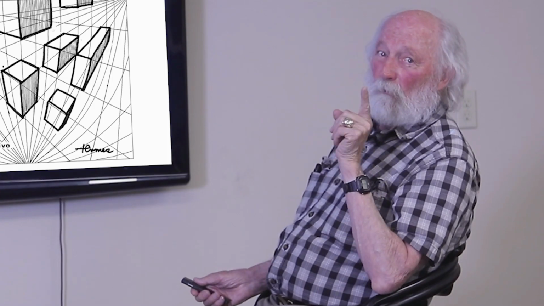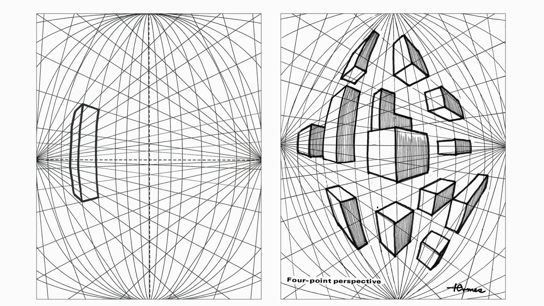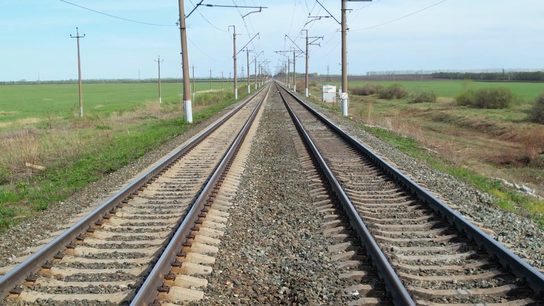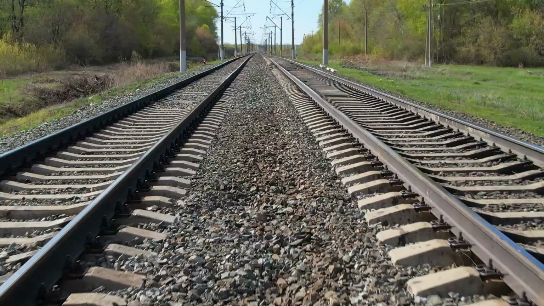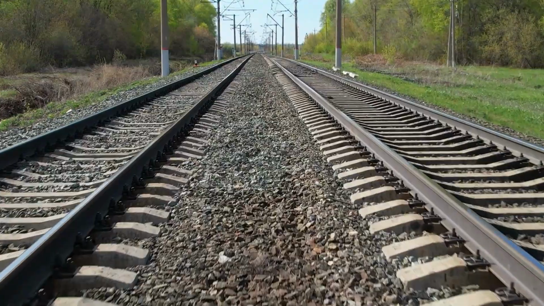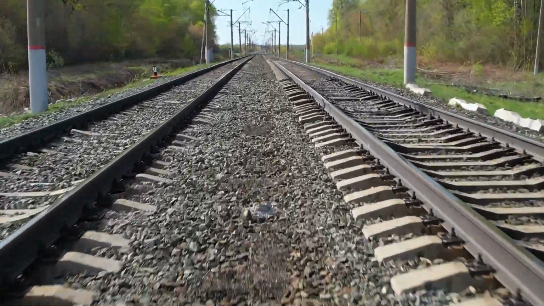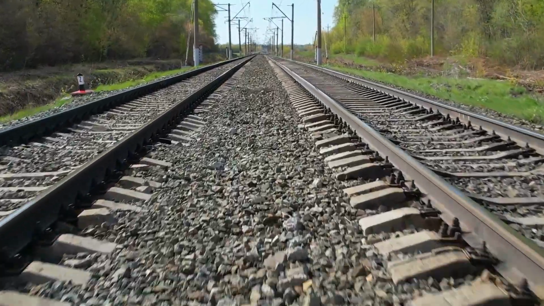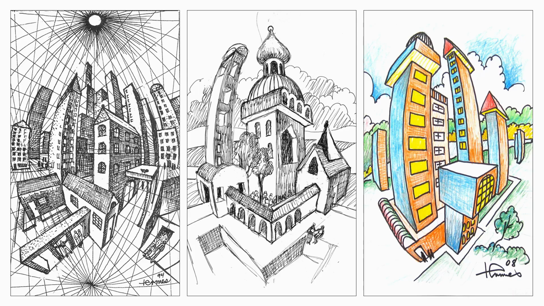Now, of the 3 sets of lines that we talked about for the cube, one set of lines is actually projecting to 2 points. Let's imagine you're standing in the middle of a railroad track, and you look at the lines vanishing off in front of you, and then you turn around, and the same 2 parallel lines vanish behind you too. It gets really big where you're standing, goes off to infinity in front of you, and when you turn around, it vanishes behind you. That's what's happening here with these skyscrapers.